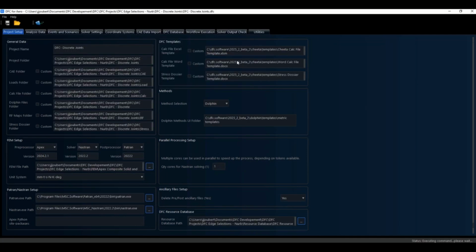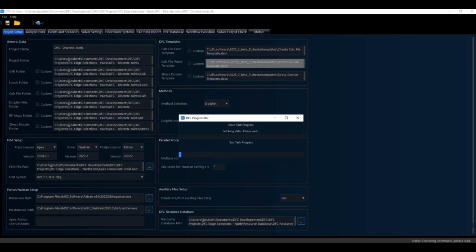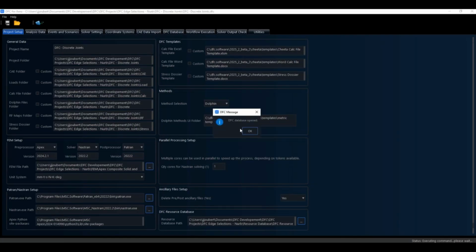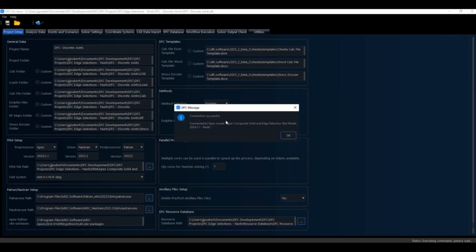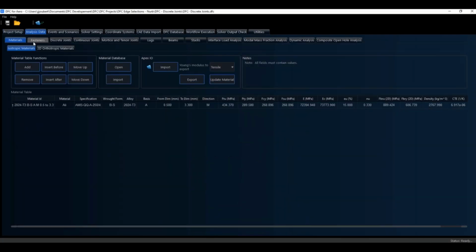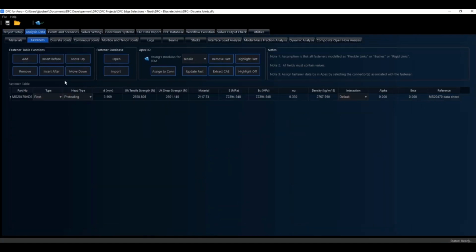So the first step is we need to open DFC, our DFC project, which we previously created. We now connect DFC to Apex. So that means that DFC and Apex are connected and we can interact with Apex directly. Then in our analysis data fasteners tab, we already have some fasteners there, but let's just add a